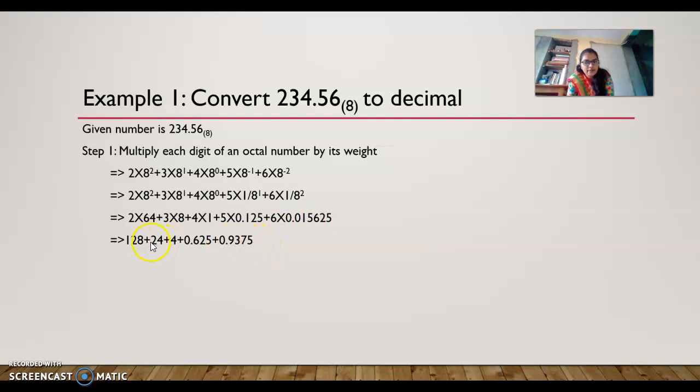So the products are 128, 24, 4, 0.625 and 0.9375. Adding all the product terms,